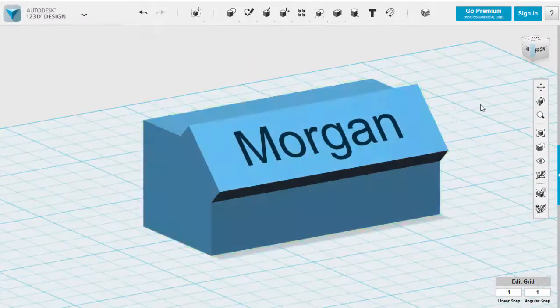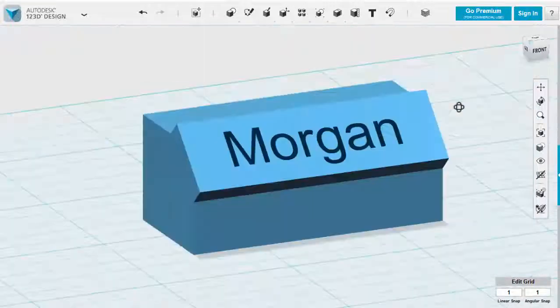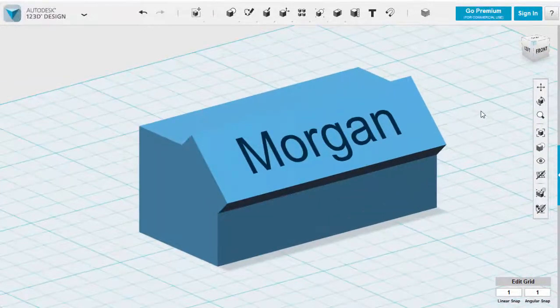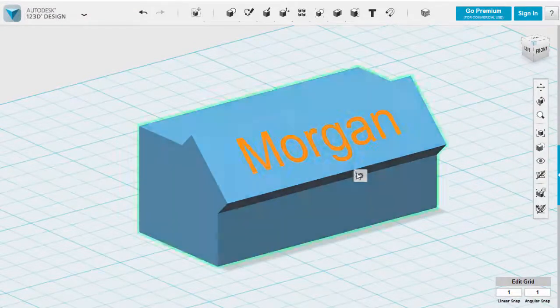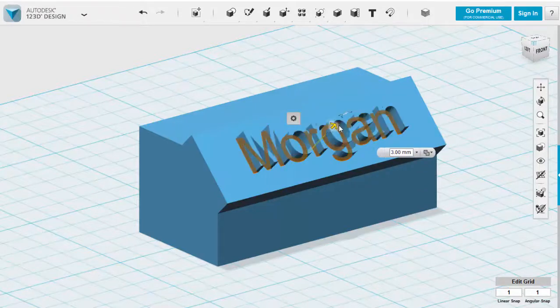At the moment, all that's done, if I show you, is it's just basically printed the word on there. But if I wanted to 3D print this model to actually make it into a solid object for real, I might want it to stick out. So I can click on my text, click on this little icon or hover over it, and choose this one that says Extrude Text. Choose Extrude, in the same way as before, I can pull it out, say 3 mil out,